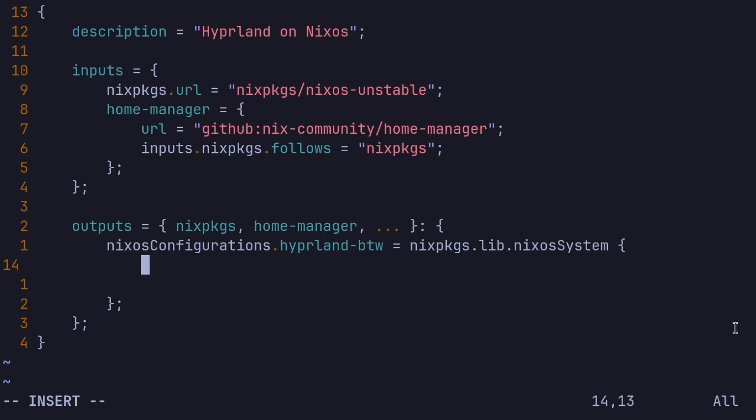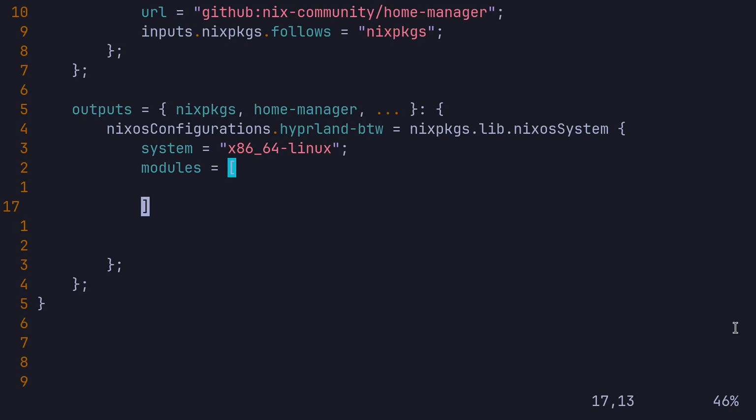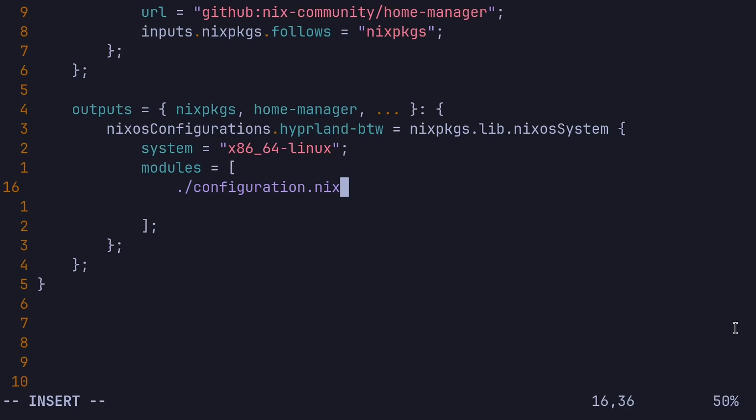And this is where we're going to define our system here. So I'm on x86 technology here. This is not needed anymore, but I still keep it in because I'm a boomer. For the modules here, we will include configuration.nix, of course, and we'll also include home manager